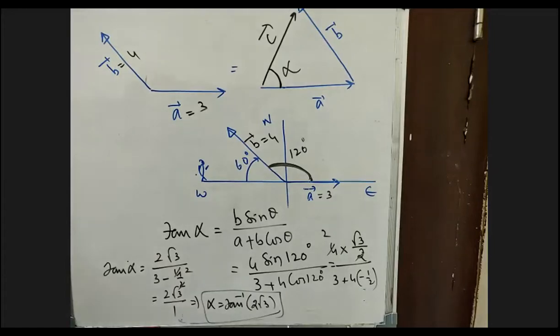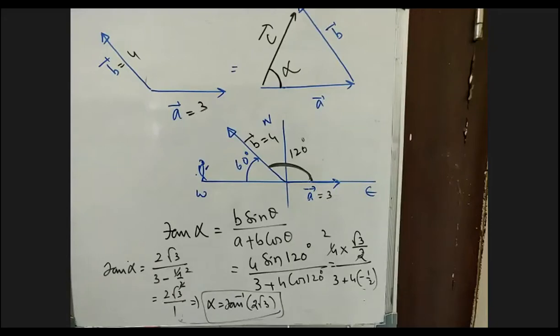Sir, I hope you got an idea up to now. Yes, beta. Isn't sin 60 root 3 by 2? Yes, beta. So what is the angle I have taken right now? Sin 120 is equal to cos 30. Sin 60 is also equal to how much? Sin 60 is also root 3 by 2.